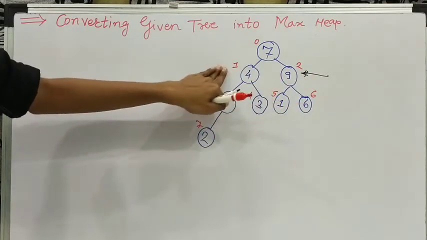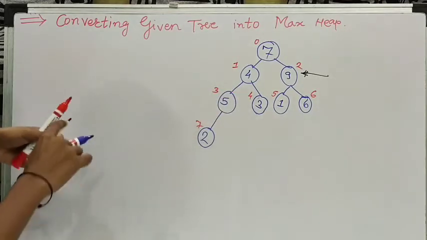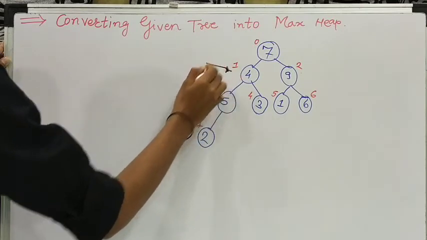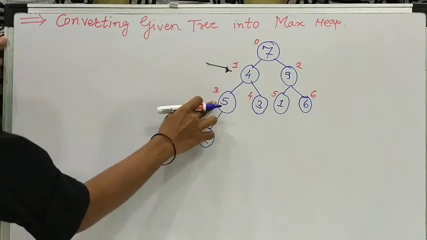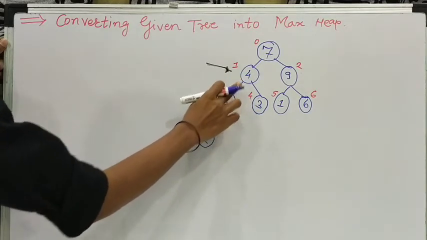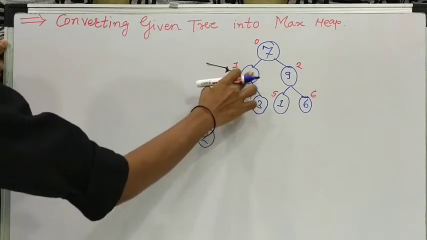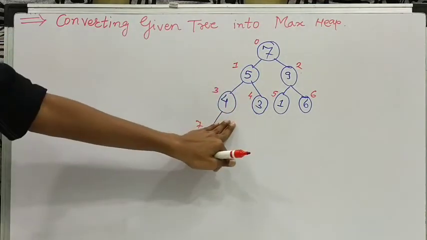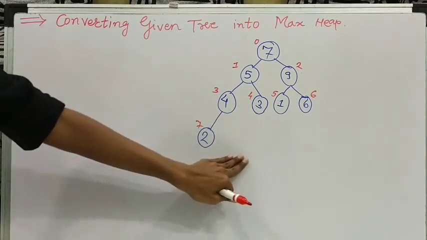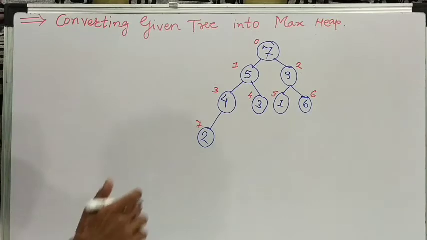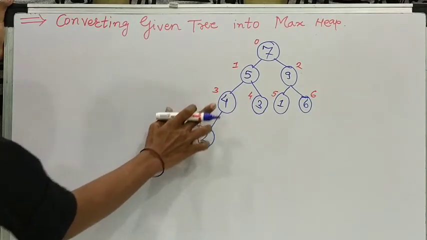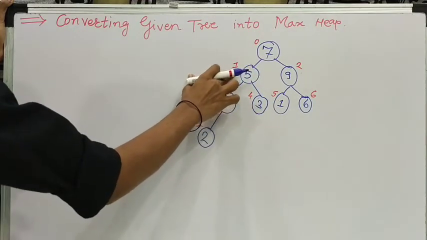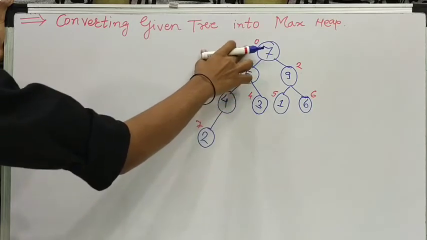After swapping, we again decrement the index. Now we are at index 1. Here we again check whether the child nodes are greater than the parent or not. 5 is greater than 4, yes, so we are going to swap this. Now my 5 will be here and 4 will be here. For the values we have swapped, we have to check the left and right child of those elements. Now 4 is greater than 2, so this subtree is a max heap. After this we reduce the index again, so we go to 0.